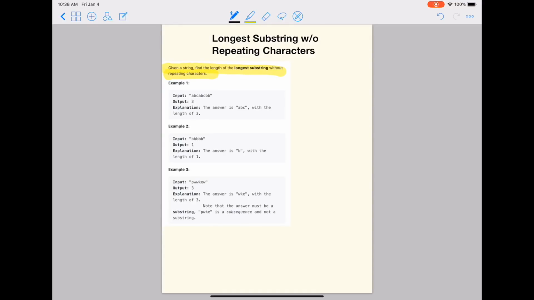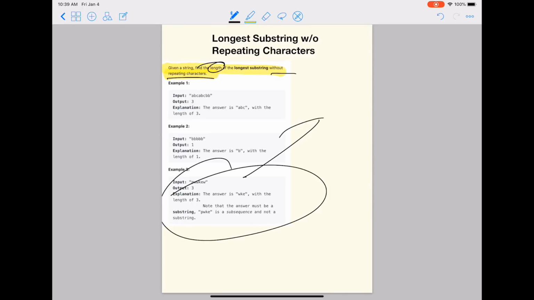Note the two keywords here, length and without repeating characters. So we're returning the length of the longest substring, and it cannot have repeating characters. Let's take an example of this problem. Given the input